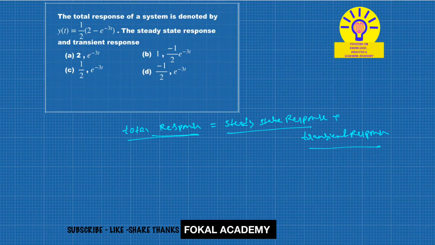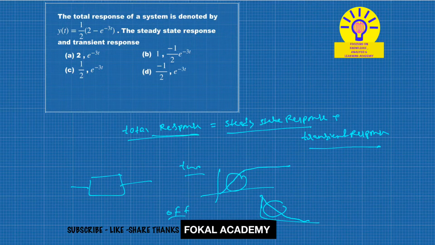So transient response means, suppose there is a motor. Now we are going to turn on the motor. Starting, the speed will be increasing, and increasing, and will become constant. Suppose this same motor we are again going to turn off. What will happen? The speed of the motor will decrease and come to the steady state. So the exponential growth or exponential decay is nothing but the transient response. So from the given problem, y of t is given as 1 minus of into e power minus 3t.